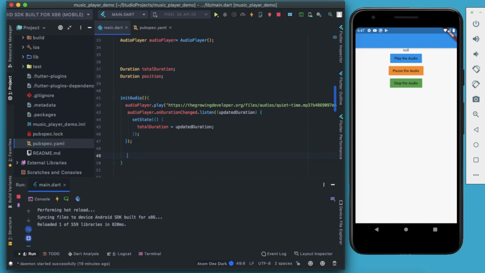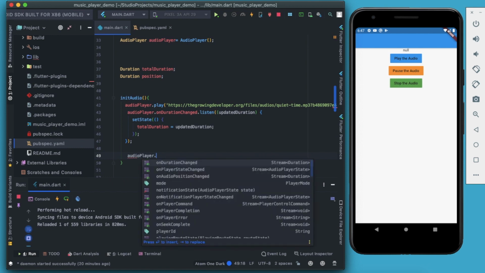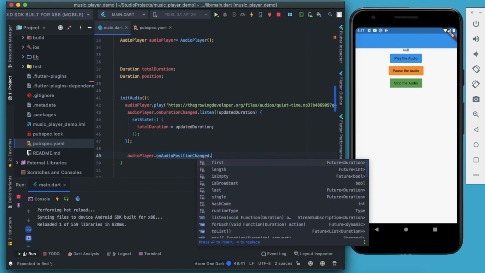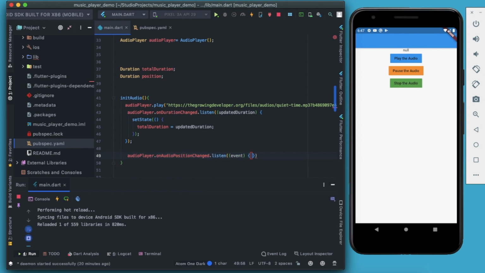Next, we should also listen to the position, that is right now where our track has reached. So it should be audio player dot on position changed, that is whenever there is a change in position, that is when we are playing our audio file we change the position, right? 1 second, 2 second, 3 second, 4 second, and similarly we will also listen to it, and instead of this event I will name it as position,